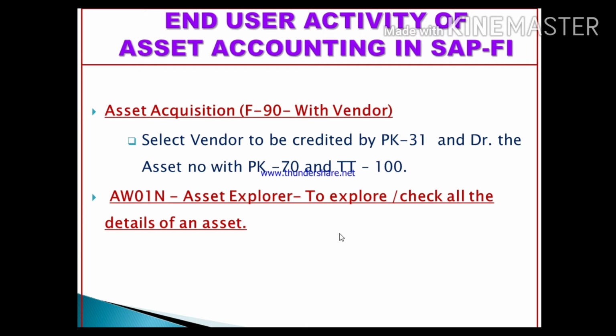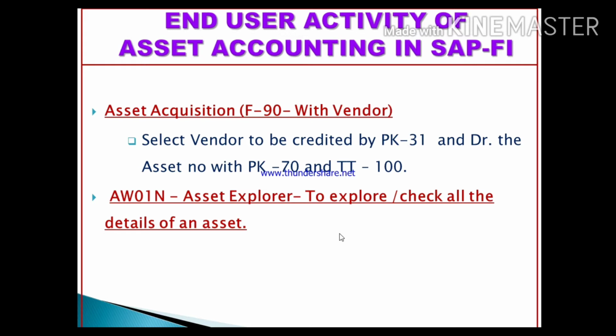In a previous session we have created the asset master data under the T code AS01. So today we will create asset acquisition under the T code F-90.